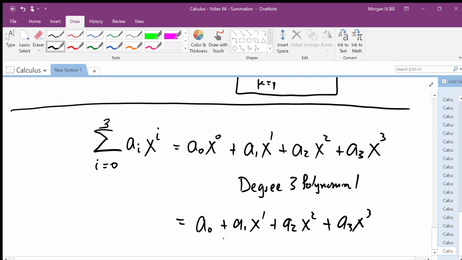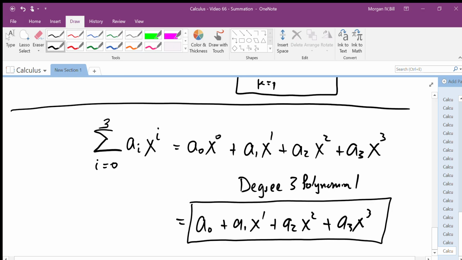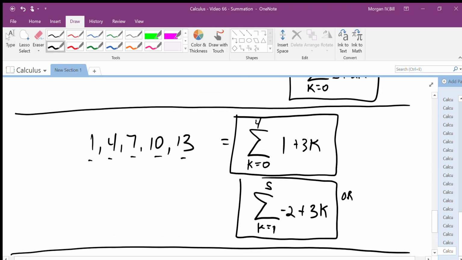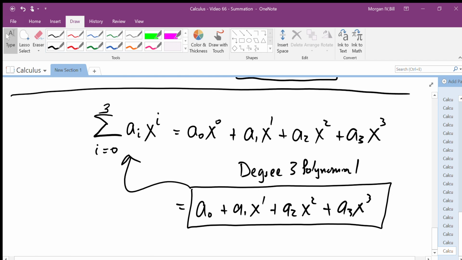And so this degree 3 polynomial can also be written using our summation notation. And honestly, that's more the direction of how we're going to be using summation notation, more along the subscripts kind of idea. Not exclusively. We'll also use it as just having an i in there, but we should recognize that this also plays an important